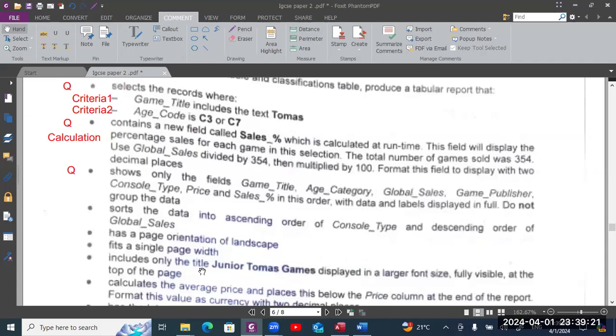The criteria are the same as filtering. Yeah, you filter because you wanted to reduce the report from all the data. You want to choose the criteria that you want to display the report with. So age code is C3 or C7, which means I will go